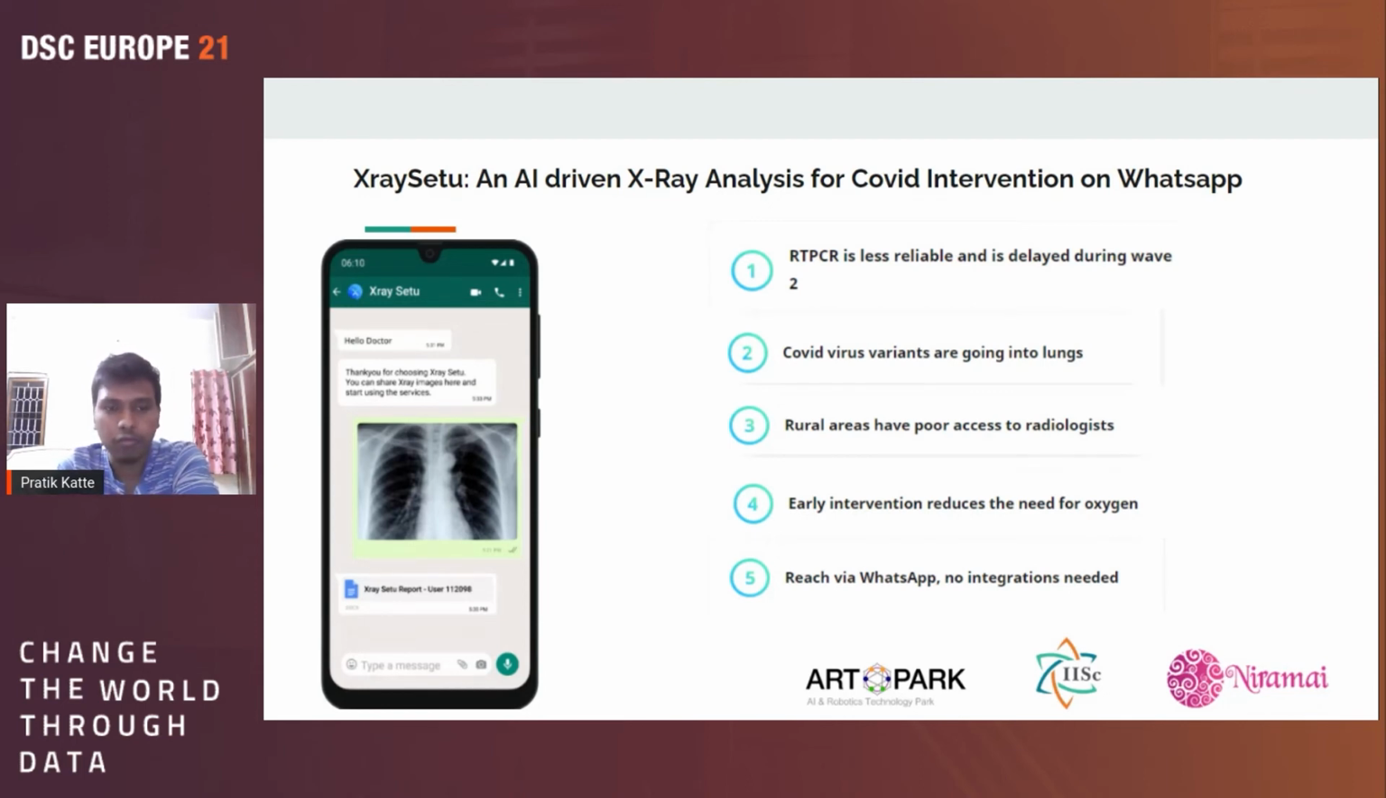So what we came up with is, in the second wave of COVID-19, RT-PCR was much less reliable, and many of the doctors were taking a second call by doing an X-ray analysis, as the burden was also a lot on getting the results out in the RT-PCR lab. For X-ray analysis we need radiologists, who also were overburdened and are mostly in urban areas, metropolitan cities. So with the help of WhatsApp, what we did was ask the doctors to upload